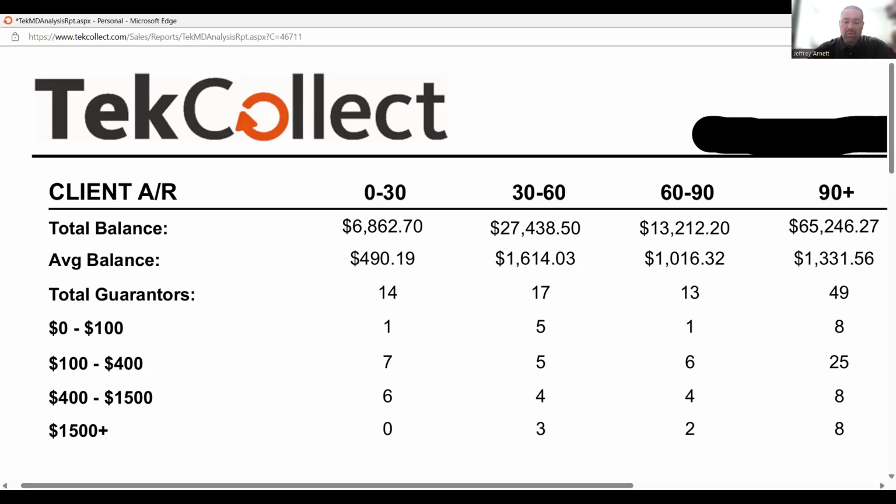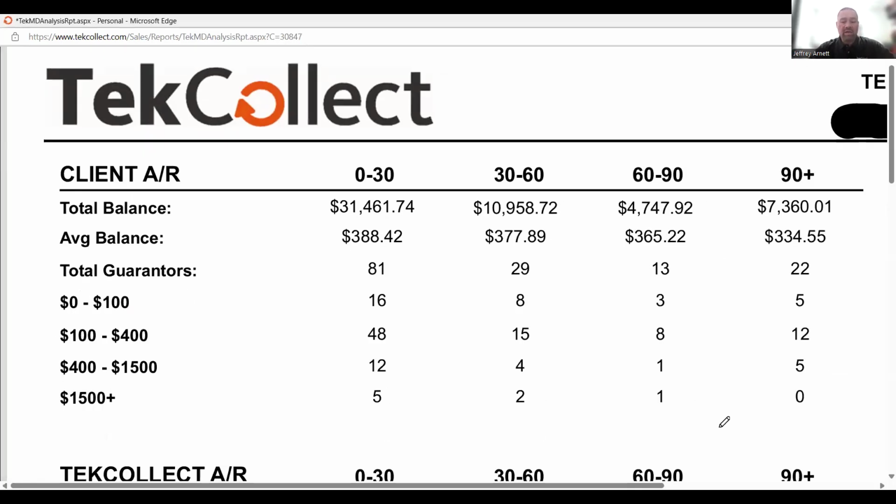I'll share an example now of a different practice. This particular practice, as they were working with somebody or as they put processes in place, now has a healthy AR. So as you can see, their number here in the current column is a much healthier situation. They have a lot more accounts in their 30-day column, but as they're working through their AR, whether it be insurance receivables, getting those EOBs back,